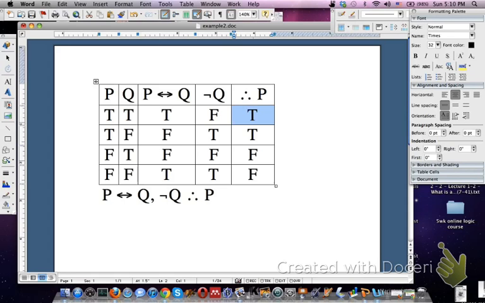of the premises are also false, so that doesn't show invalidity. However, on the last line, the conclusion is false and both the premises are true. So this line shows invalidity. So we should indicate that this row is one that shows that the argument is invalid. So we could do that by